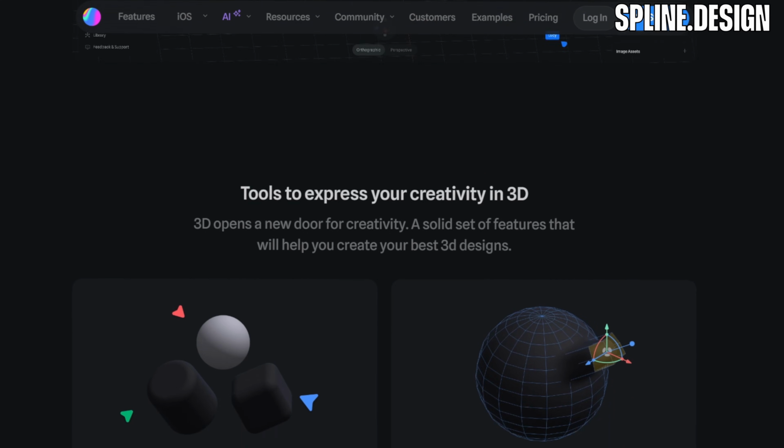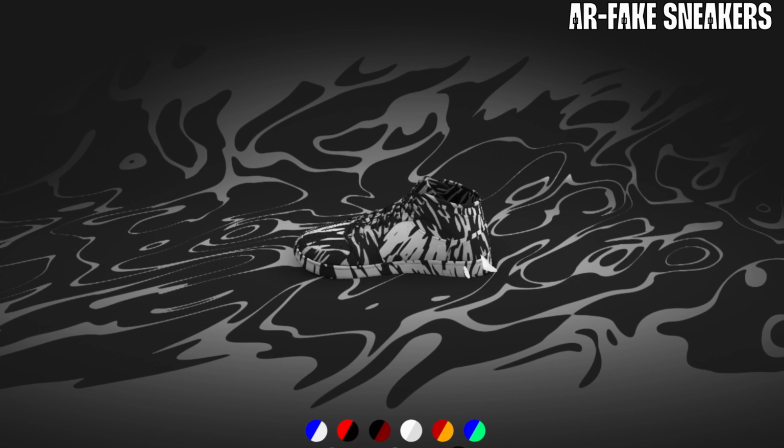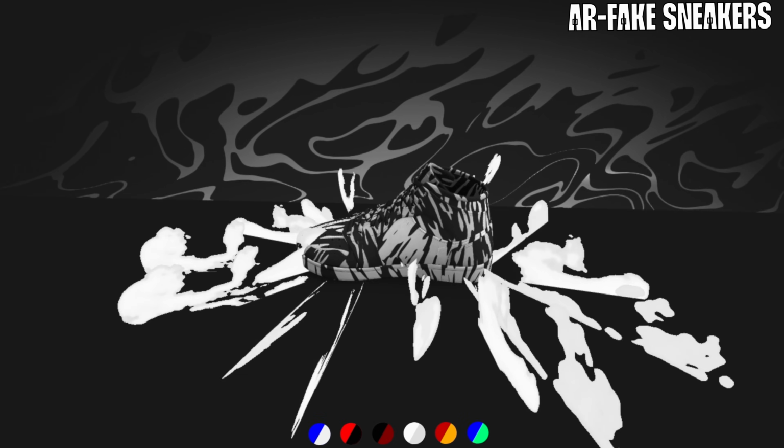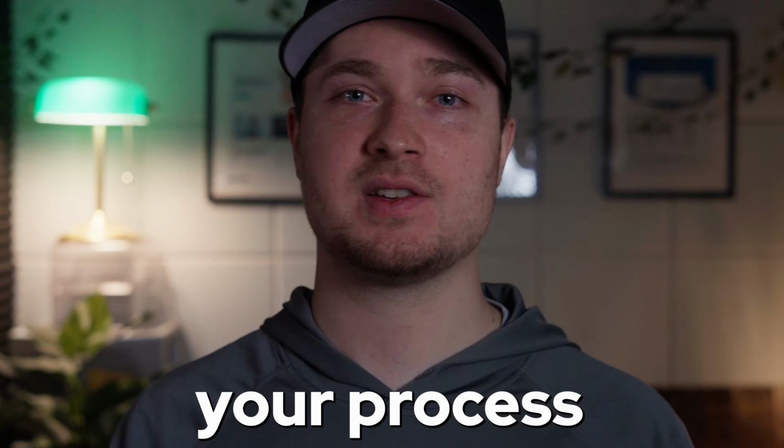So like I said, Spline is the web renderer out of these two options, but Blender can also use third-party tools like Three.js and other libraries to add the 3D graphics to websites. So let's talk about when to use which one and how they can be used in your process for creating